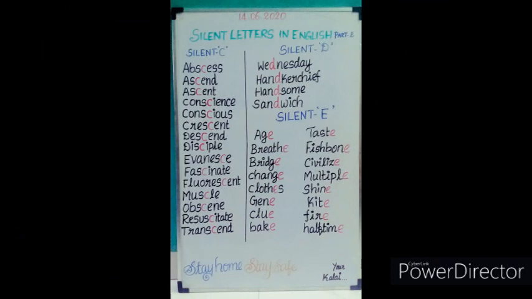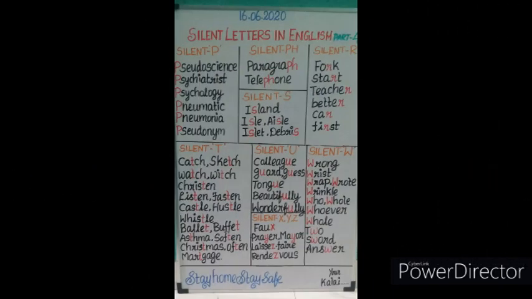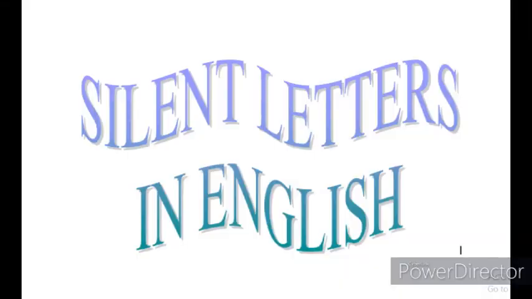Okay, friends, today we have completed the silent letters. I am so happy about sharing this information with you. If you know it already, don't mind. Just to recap and refresh our mind, I am teaching this. We'll move to the board. Silent X, Y, Z. For X, faux. For Y, prayer, mayor. For Z, laissez-faire, rendezvous. These are the silent letters in English, part 4.